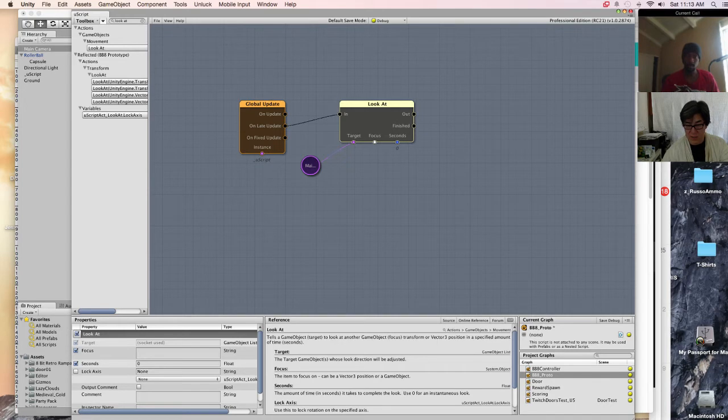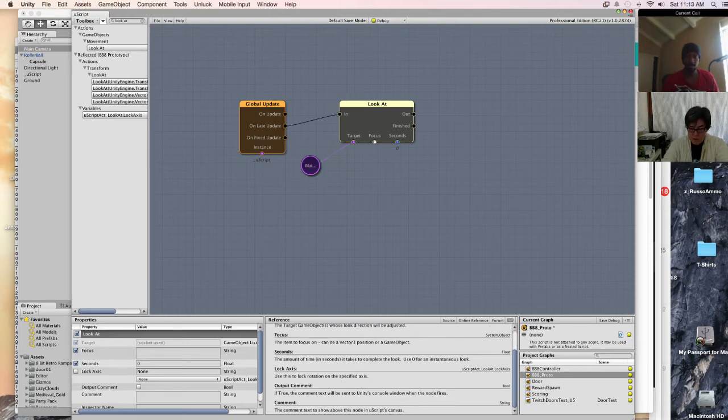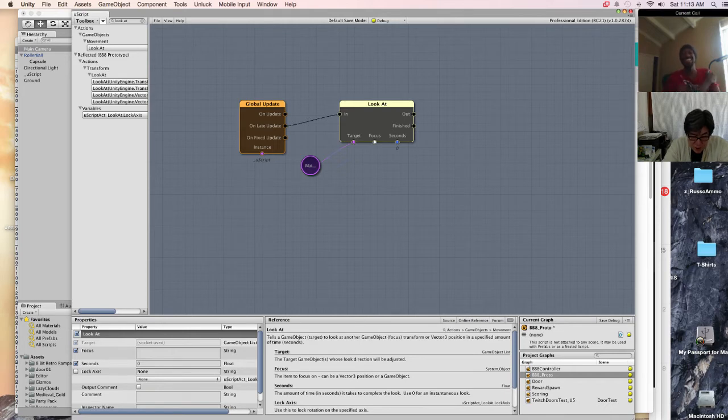The reason it's white is that there are multiple types of variables it can take, which, if you look down here, you can take a vector 3. Come on, give me the thing. Dude, what is going on with my precision on my mouse? You see that? It's like flipping. Alright, screw it. You're just going to have to read it small.